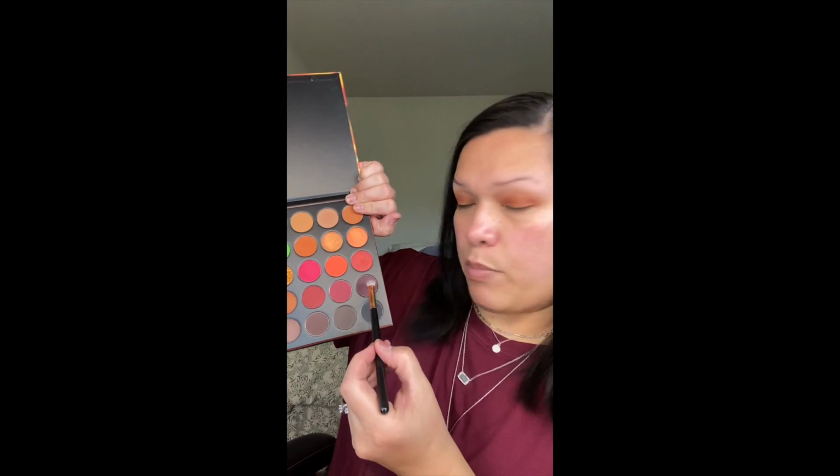All right, so next brush that I always use, I do need to clean my brushes, is I'm gonna use this brush, and I always use it to deepen out my outer V right here. I am planning on doing it where it's gonna be darker in the outer corner, and then it's gonna line up with the shimmer shades that I'm gonna pick. So the color I'm gonna go with is